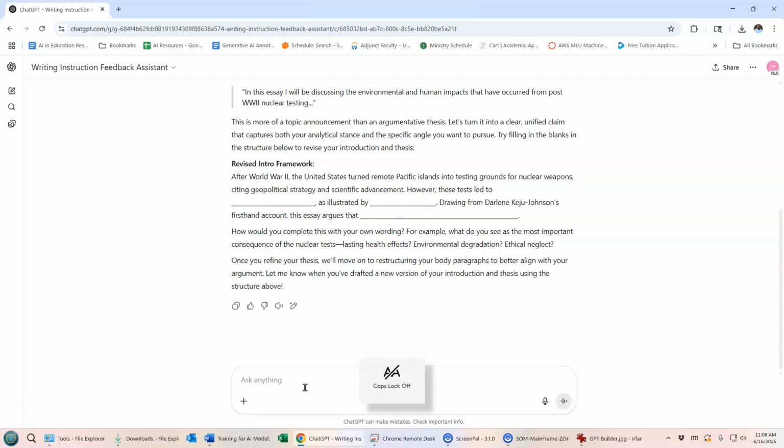serious environmental damage, which lasted a long time. Nice thing about this is that the model is very forgiving of misspellings and all that kind of stuff. It seems to do a pretty good job of interpreting what it is that the student is saying. Okay, so let's see, that led to, as illustrated by